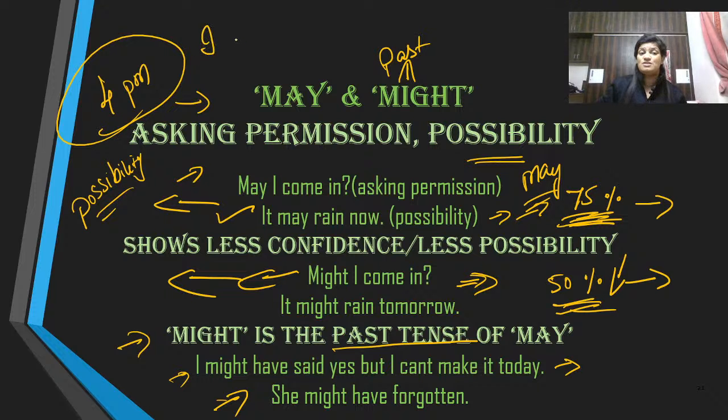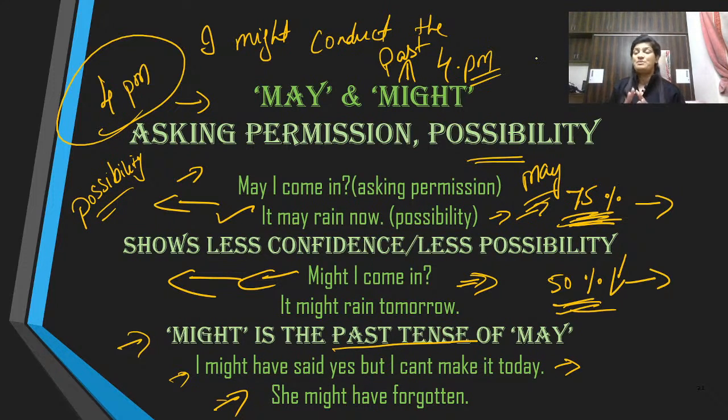Therefore, in this situation, I might conduct the class at 4 p.m. on the Educator app, but I'm not sure because I'm not confident there. If I say I will, then I'm pretty confident. But